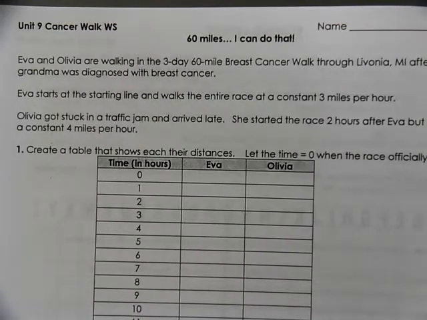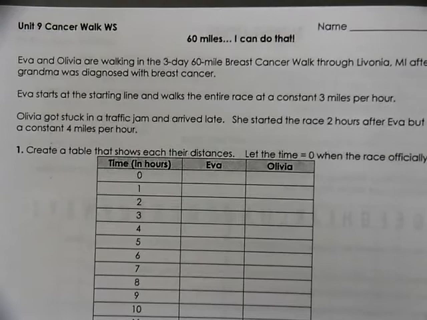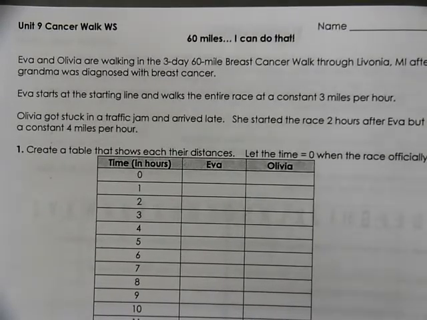This is Geometry, Unit 9. We're doing Day 3's worksheet. It's a cancer walk. Eva and Olivia are walking in a 3-day, 60-mile breast cancer walk through Livonia, Michigan. After their grandma was diagnosed with breast cancer, Eva starts at the starting line and walks the entire race